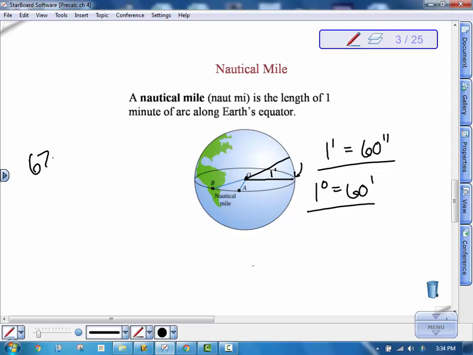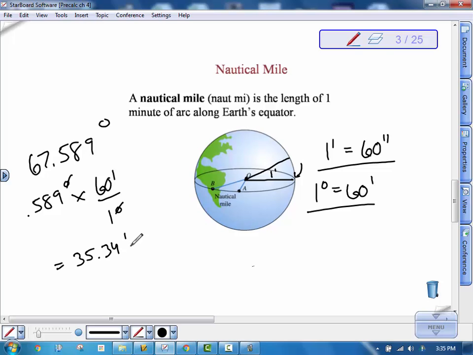Let's say that we're at 67.589, I'm just making this up, degrees for latitude. We can put that in degrees, minutes, and seconds. And there's a couple different ways to do that. To do it by hand first, we would do 0.589, and that's degrees, so we want to convert that using these converters right here. So 0.589 degrees, we're going to multiply that by 60 minutes in 1 degree. That way the degrees cancel, and that gives me 35.34 minutes. So this thing becomes then 67 degrees, 35 minutes, and we're going to now take this decimal right here, 0.34,